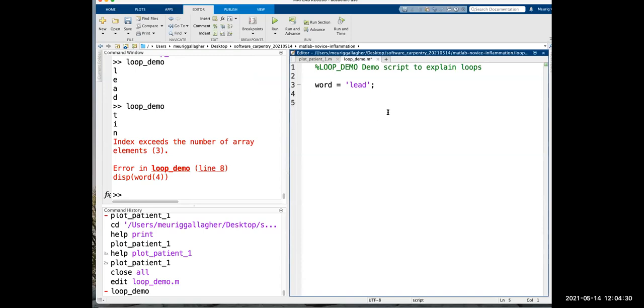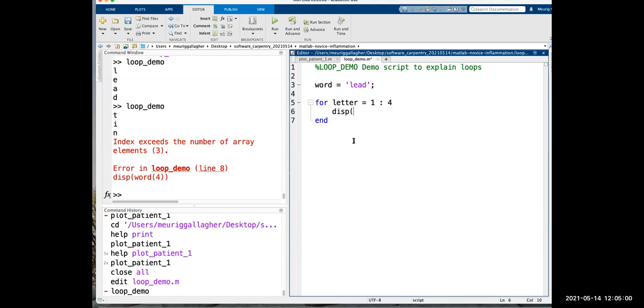And the way a loop works, we're going to call a for loop, and let's call it letter, for letter equals 1 to 4. So this is going to say a letter is equal to 1, a letter equals 2, a letter equals 3, a letter equals 4. It's going to do something, and then we're going to tell it to end. So for each entry in letter, this is going to execute everything between the for and the end. It's going to increase letter by 1 and then keep going round.